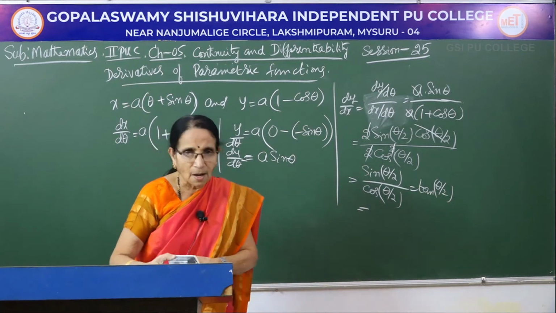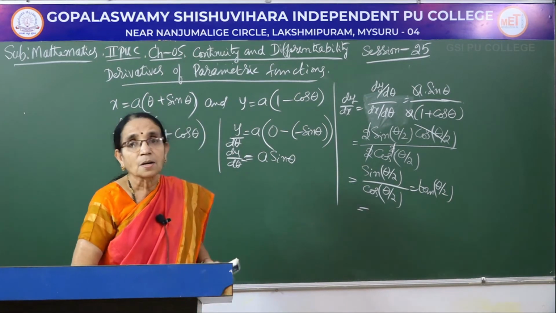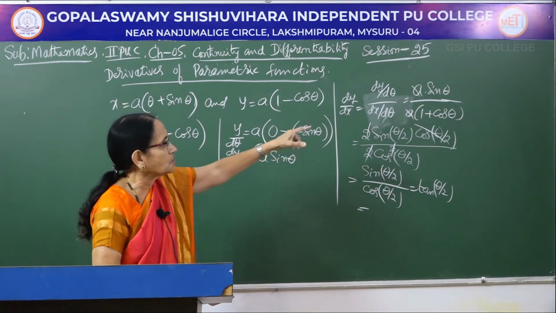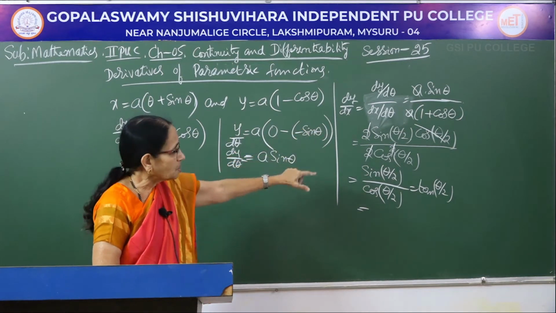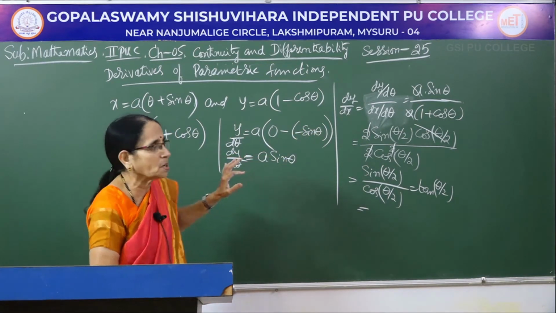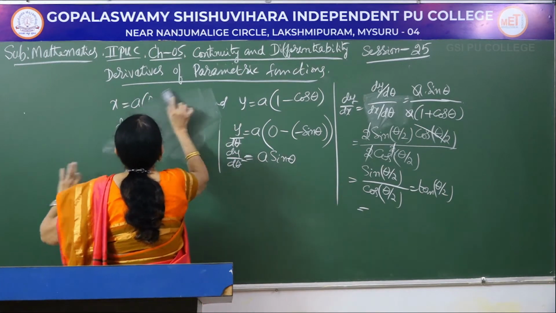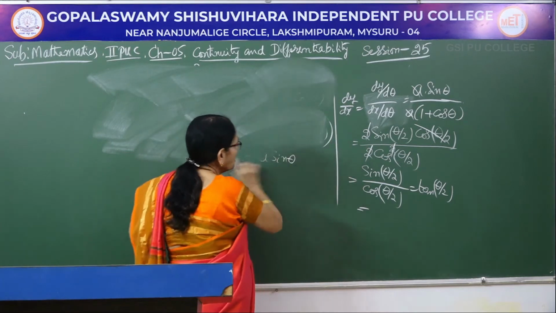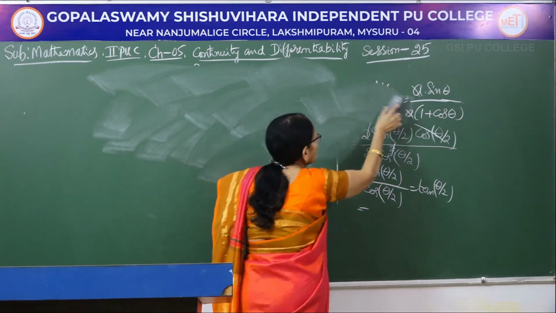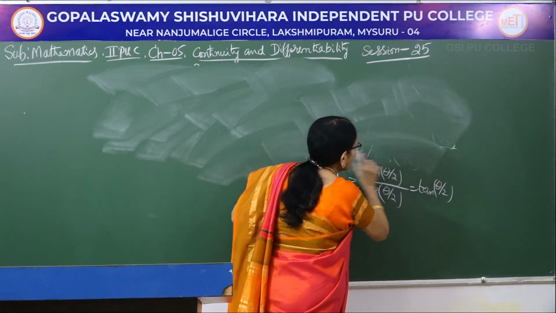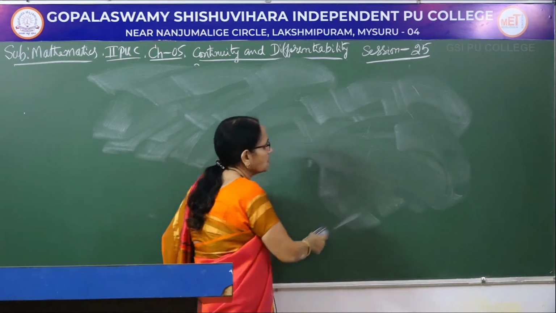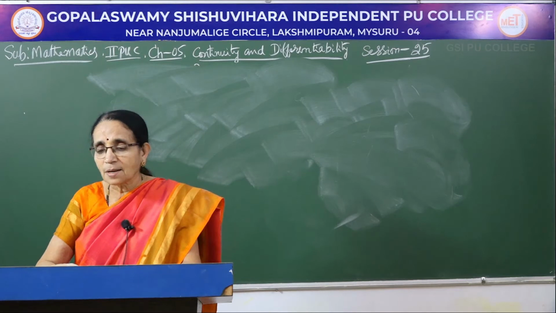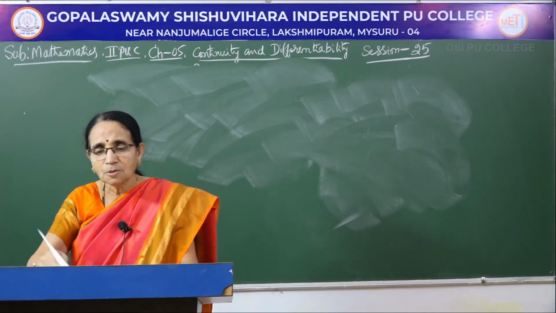So, when a particular answer is expected, always try to get that result. If they simply ask you to find dy by dx, we can stop at the first line itself. Because a particular answer in terms of half angle is expected, you have to write it like this. So, this is the procedure we adopt usually, and of course, this particular problem is a repeated problem in the earlier examinations. If they simply ask you to find dy by dx, it is generally a 2-mark question. So, when a particular answer is expected, it is a 3-mark question.